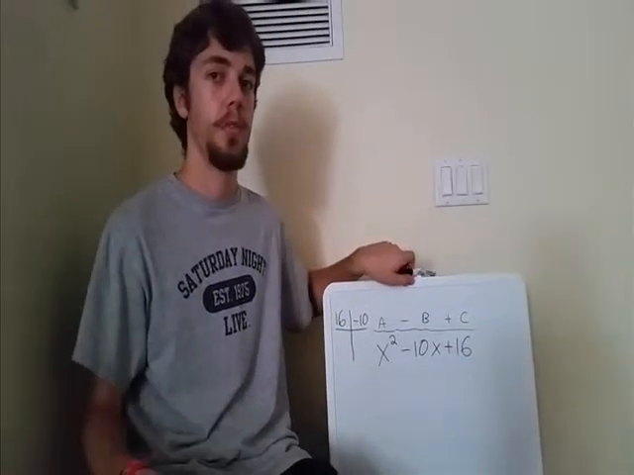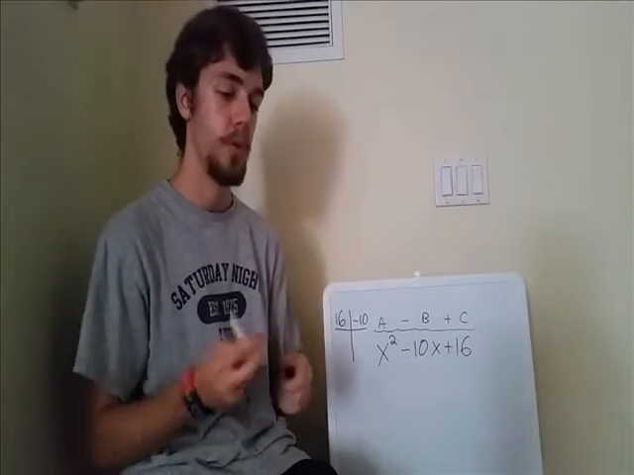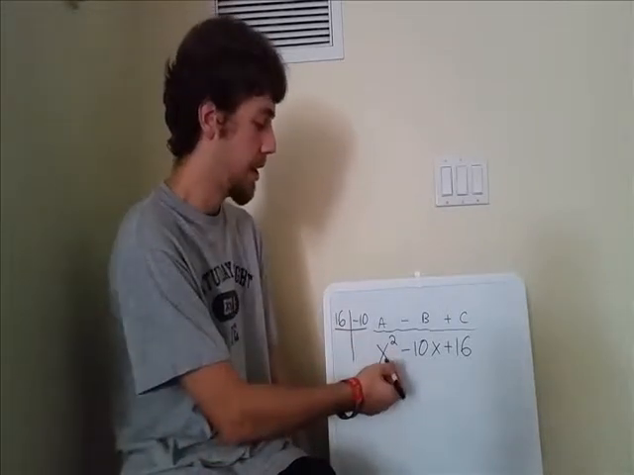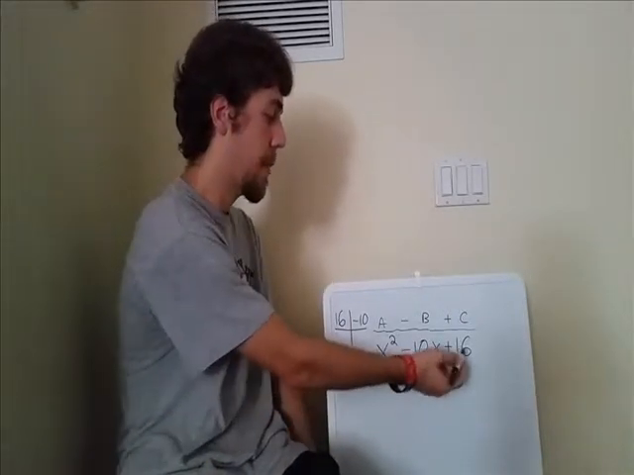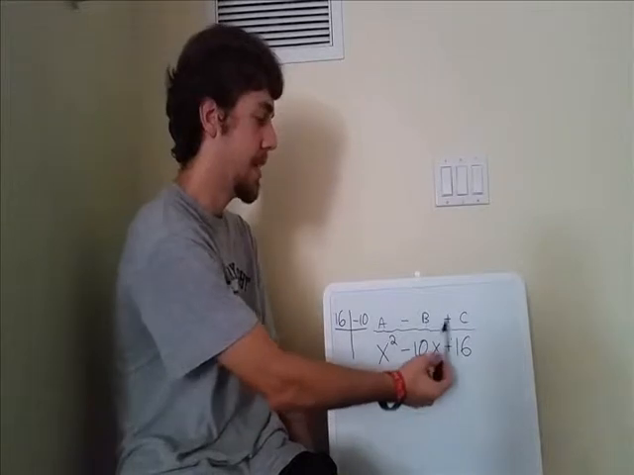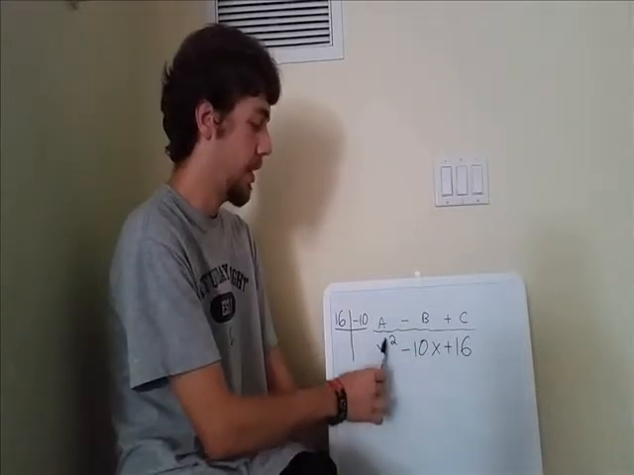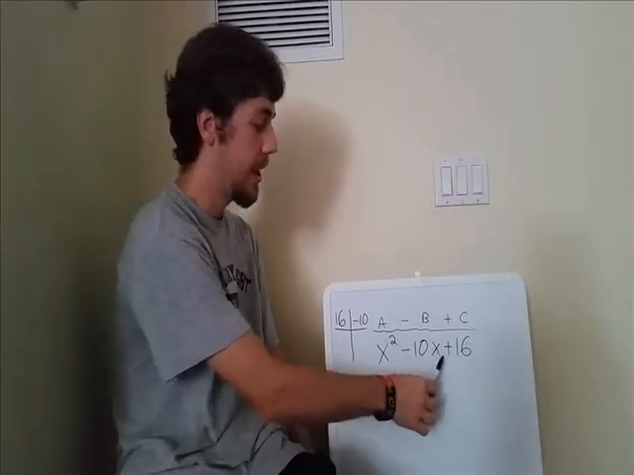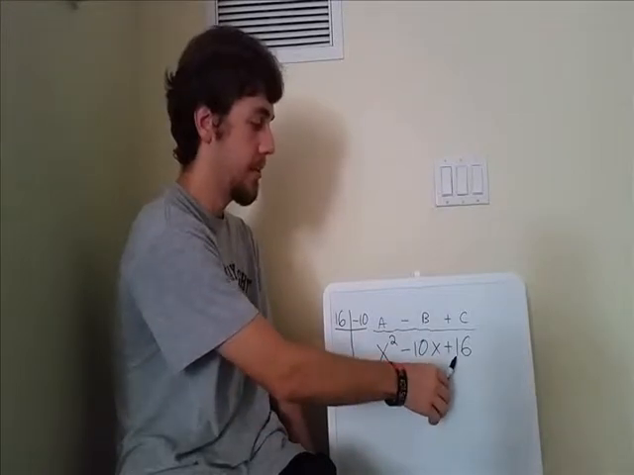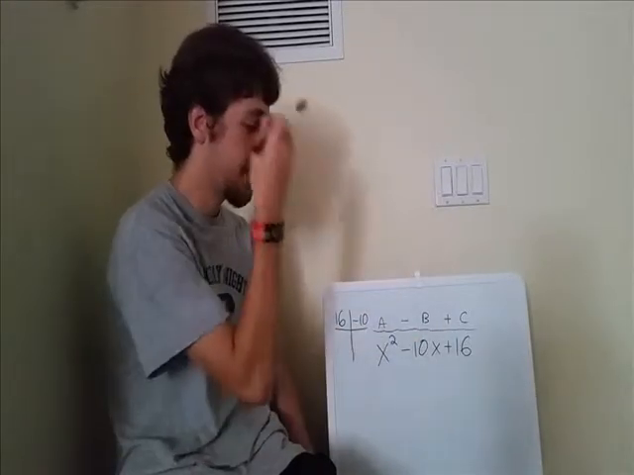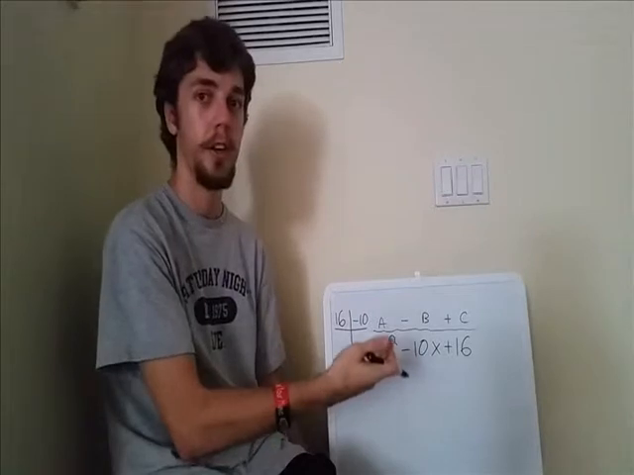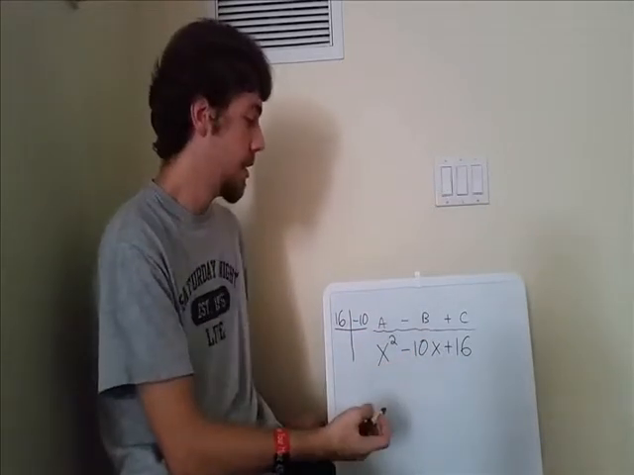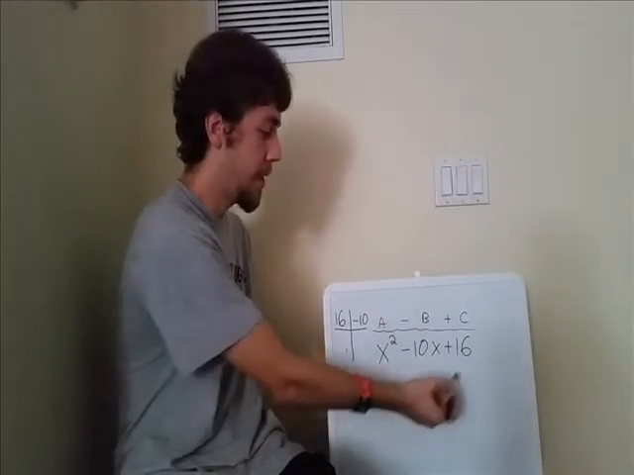In this first example, we're going to look at factoring a trinomial with a leading coefficient of 1. I divided this trinomial up into three parts labeled a, b, and c. X squared is a, negative 10x is b, positive 16 is c. To start factoring a trinomial, we're going to use the AC method, which is where I multiply a by c